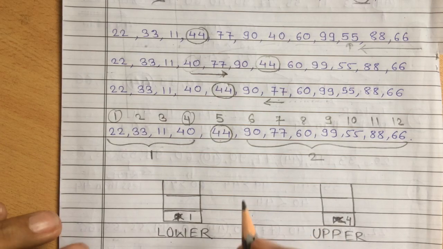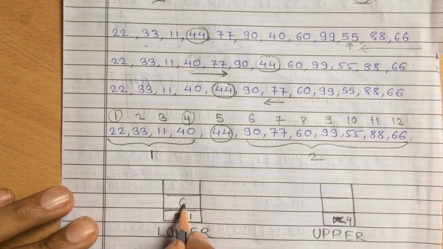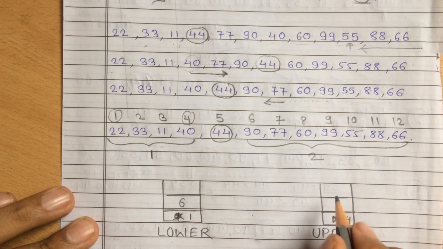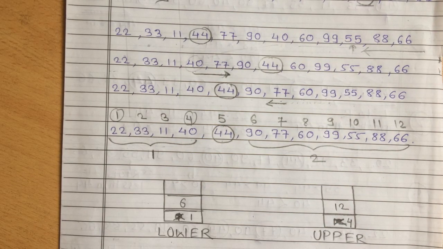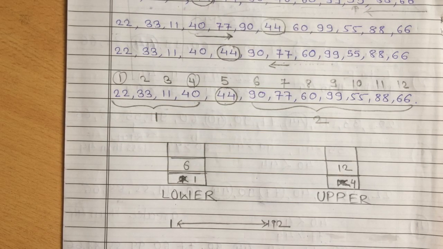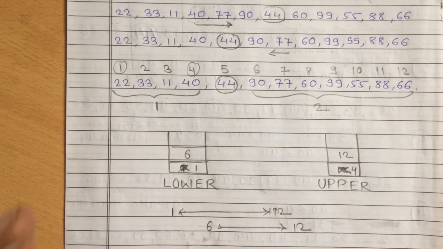After that I have to push the lower and upper boundary values of the second sublist. So I will push this 6 onto the lower stack and this 12 onto the upper stack. Now we have these upper and lower boundary values on the stack. What is the next step? Again we have to repeat the same process. We have to pop the upper and lower boundaries. So I will pop the lower boundary as 6 and the upper boundary as 12. So we got the list having lower boundary 6 and upper boundary 12.